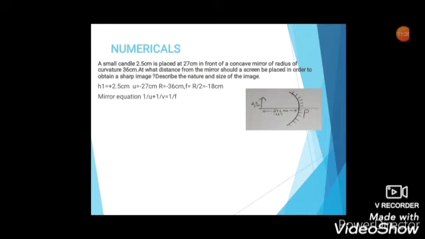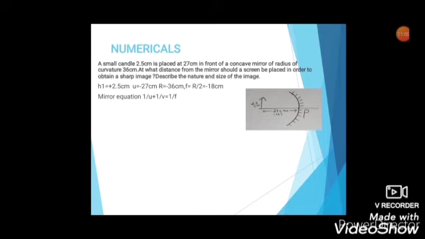Radius of curvature R is 36 centimeter. And see the picture, in case of a concave mirror, the radius comes towards your left. So anything towards your left goes with a negative sign, right? So here my R is minus 36 centimeter. From this R we take the value of focal length, which is given by R by 2, which is 18 centimeter, followed by a negative sign. Correct? So this is the information given in the question.